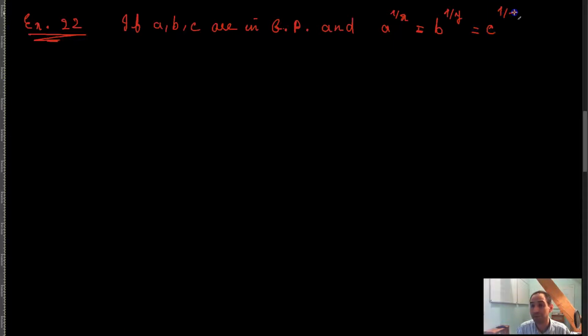Example 22 is basically: if A, B, C are in geometric progression, and A raised to the power 1 by x is equal to B raised to the power 1 by y is equal to C raised to the power 1 by z, prove that x, y, and z are in arithmetic progression. So what this means is that